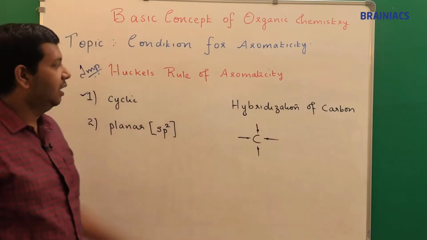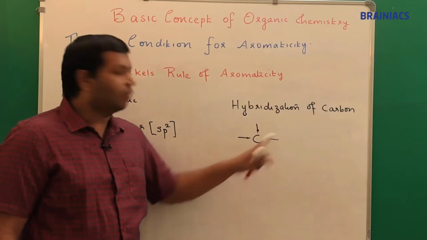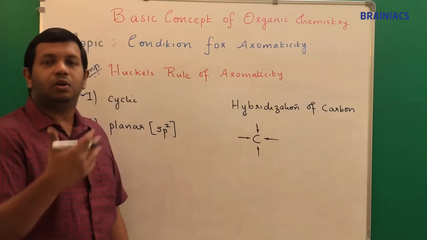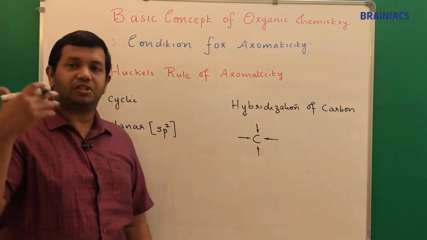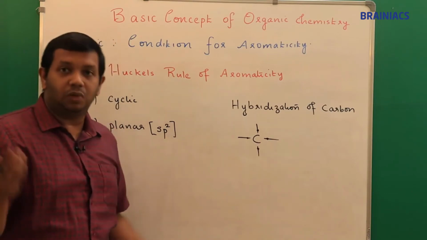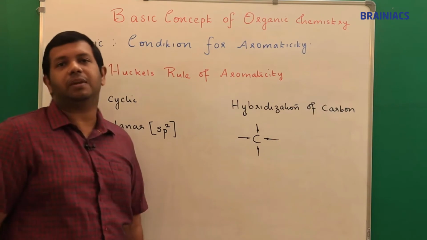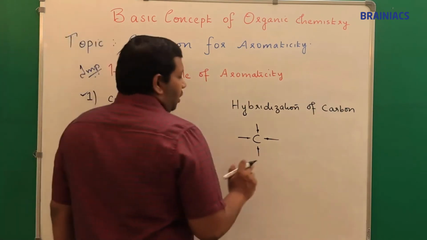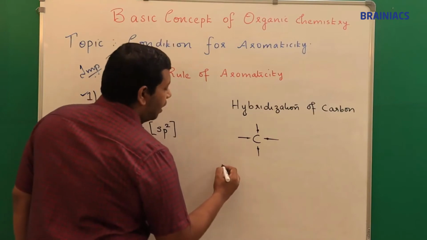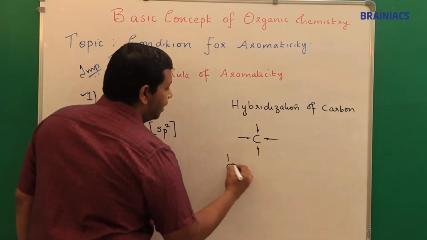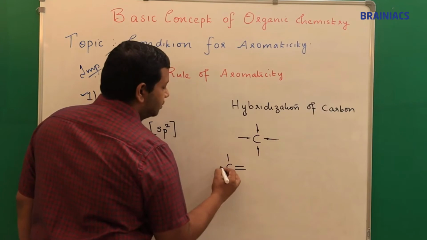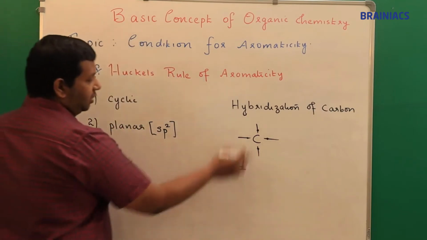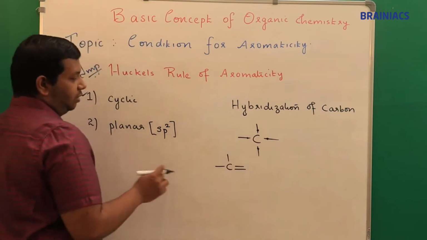And the orbitals will get occupied completely. Now the question here is how these 4 valence electrons can get arranged in the s and p orbitals. I told you that it can be sp3, sp2, or sp hybridization. Now please listen, a shortcut. Whenever you have a carbon's valency arranged like this,